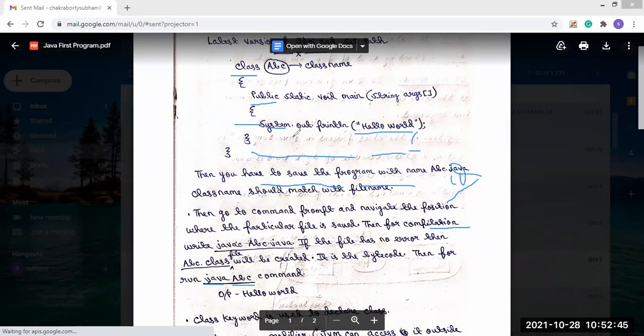So public can be called from anywhere. Private can only be called within the particular class. And protected can be called from any other class, but that class and this particular class should be in the same package. Okay? Clear till now?